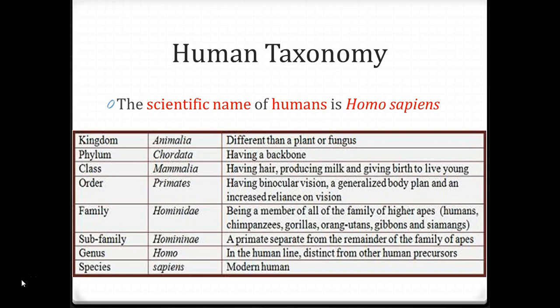But like any other organism, and now that you're familiar with taxonomic rankings, what I'm showing you here is a table that tells you the entire classification of human beings. And one that I want to point out is this one here. There is a subfamily that includes hominins, which are a type of primate group separated from all other apes. This means that we belong to a larger group, but the group that contains humans is unique enough to be